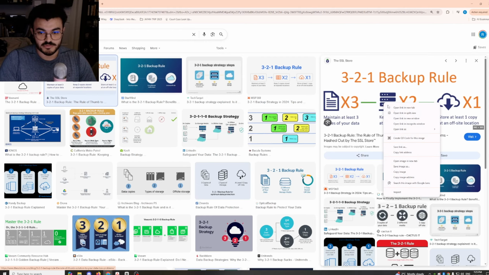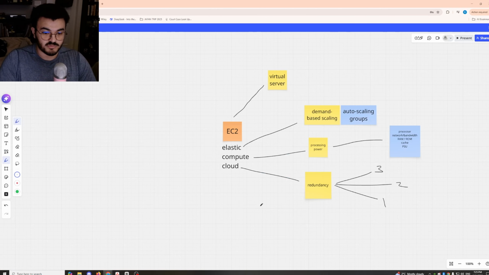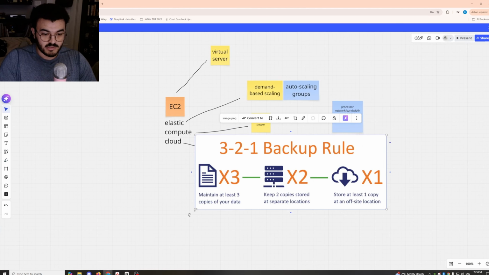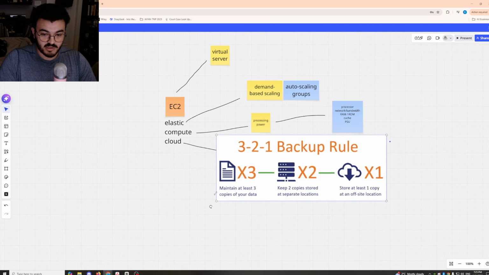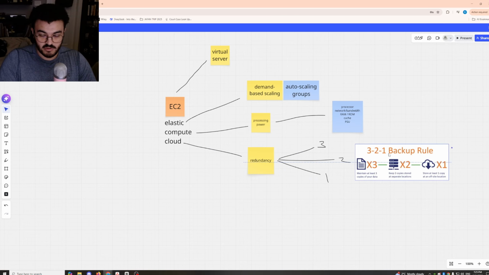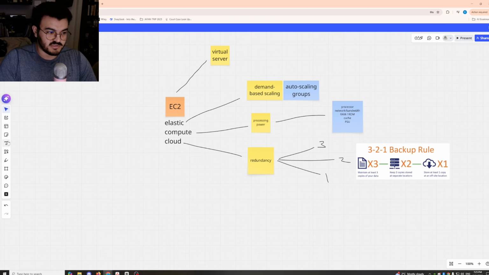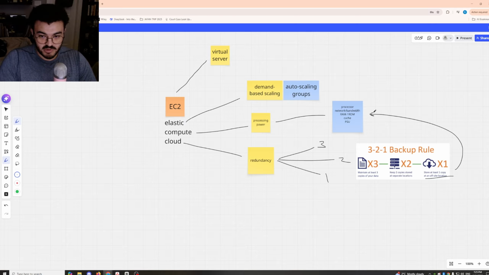Here it is. This is the 3-2-1 rule. This is the first thing that I learned that kind of exposed me to cloud. And so what does it say? It says maintain at least 3 copies of your data, by the way, this means on site, and 2 copies stored at separate locations, and at least 1 copy stored off-site. Now, at some point in this process, I was thinking, well, what's the point of the 3-2-1 rule? Why don't I just store everything off-site? And that kind of goes back into processing power, mainly rule number 1, speed.